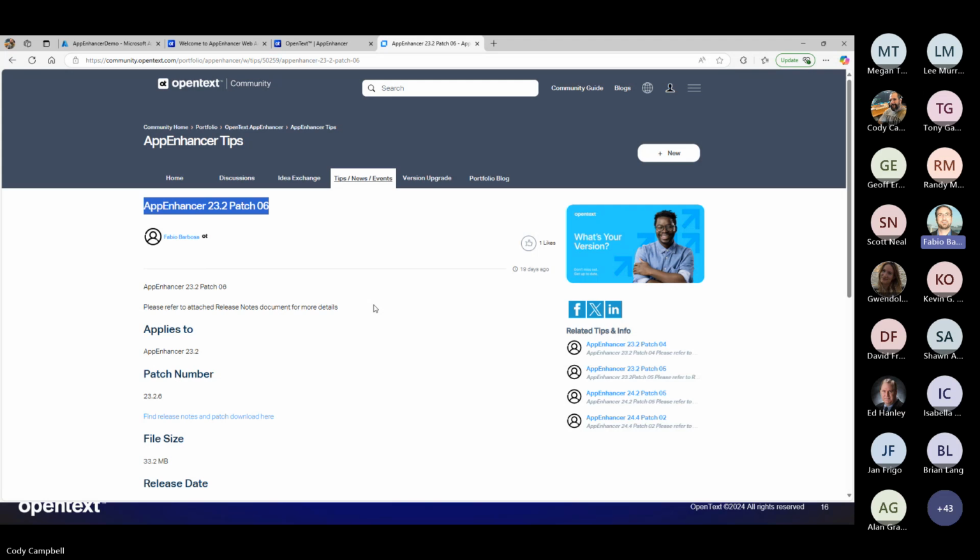Sometimes you're waiting for a fix and you don't know if your build is available, so you can now use the community for that. The patches are going to be posted there, and from there, there's going to be a link to the My Support site. There's also an attachment with the release notes with all the fixes, including the build. So hopefully that makes it easier for people waiting for fixes through patch builds.